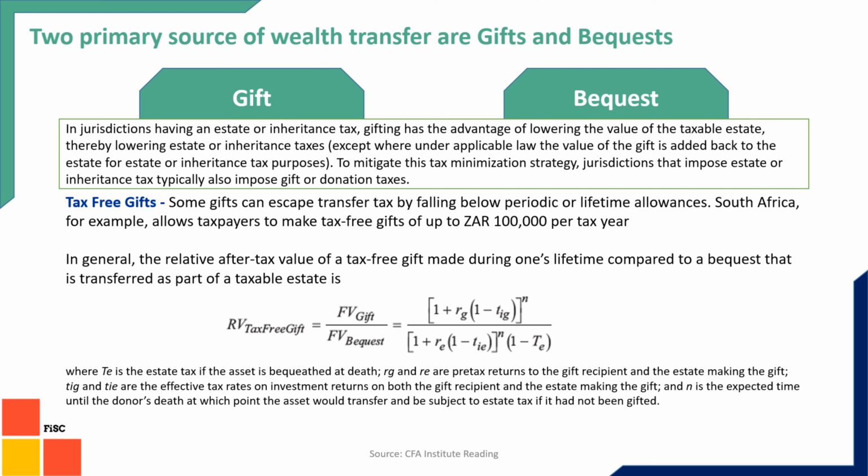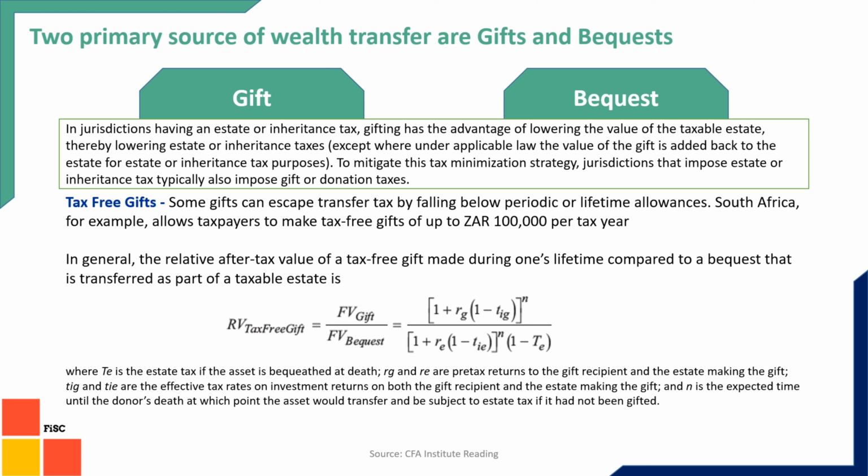The way we look at it is that we look at relative value. That means what will be the future value of the asset if you give it as a gift, and what will be the future value of the asset if it is a bequest. The future value will be calculated at the time of your death. So we have to assume that you will live for a particular number of years, for example, let's say 20 years, when n will be 20. That's one thing that we have to understand.